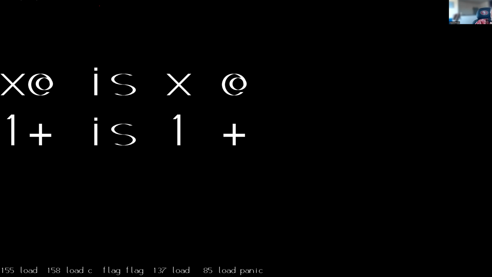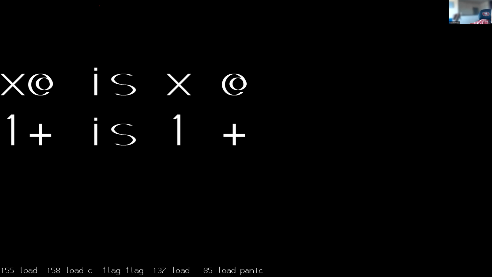So you've got these kind of conventions. X fetch is parsed into X space fetch. 1 plus is parsed into 1 space plus. So you get the advantage of compact notation, readable mnemonics, and